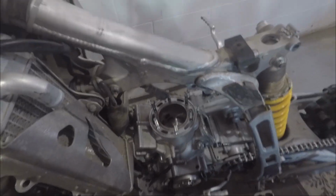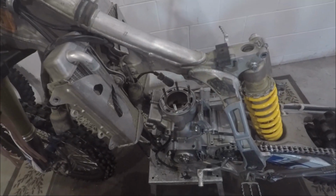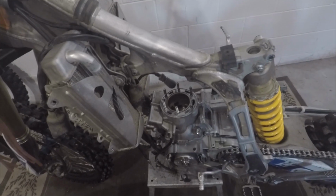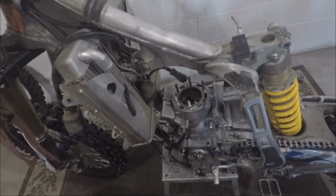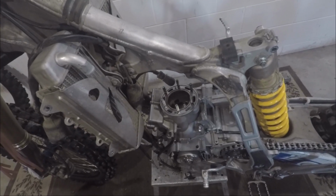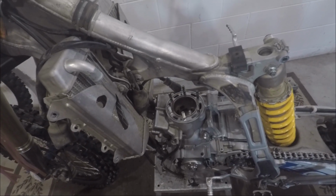and then all we got to do is just put it back together, put some good tires on it. I've got one new front tire over there, and I got a new rear over there also, a Michelin. So we're going to put brand new tires on this thing. And yeah, this bike is literally going to be just like new condition. So looking forward to it. Just got to get some plastics and